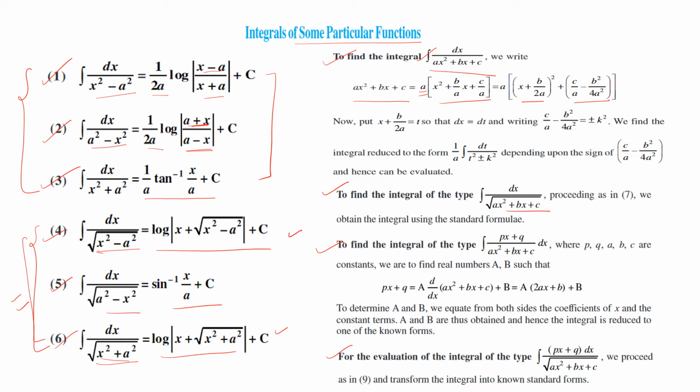But to break the numerator into the proper form in both these cases, what we are going to do is put the linear numerator as lambda or a times d/dx of the denominator, here only the quadratic expression apart from the square root, plus mu or b. Then you separate the constant terms and coefficients, and by equating the coefficients of x and the constant term, you will get the values of lambda and mu, or a and b. Then this numerator will be split into two integrals, which we will discuss in further questions. So let us start solving.